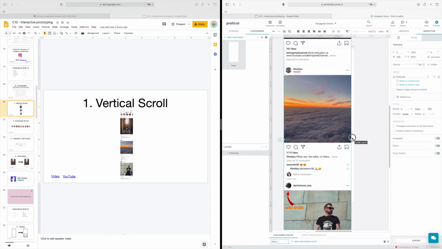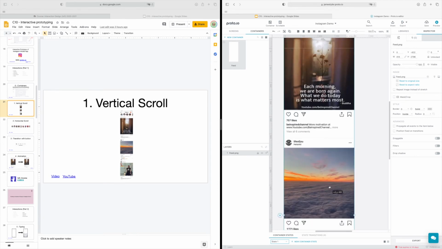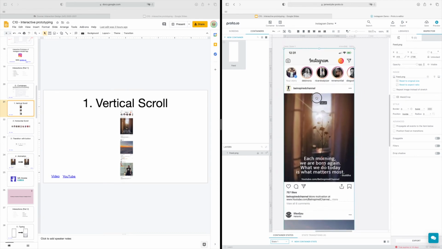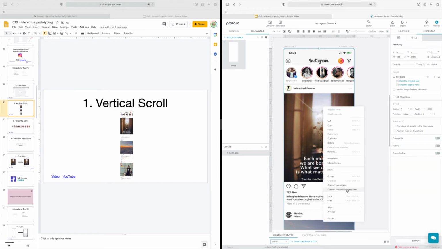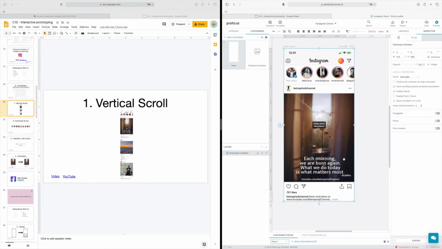But as you can see, it's still quite long. It's much longer than the container itself. So what we can do is we can right click, and we have an option here to convert to scrollable container. Now on the right hand side here it says scroll, and you have the option for horizontal, which I can show you in a bit, vertical and omnidirectional. So now we have this scrolling element,